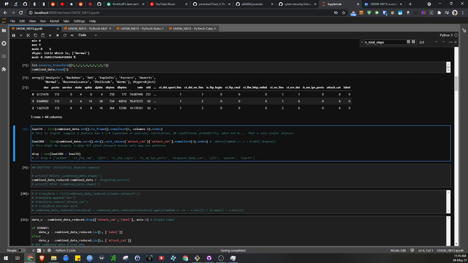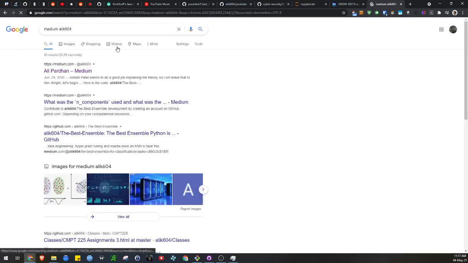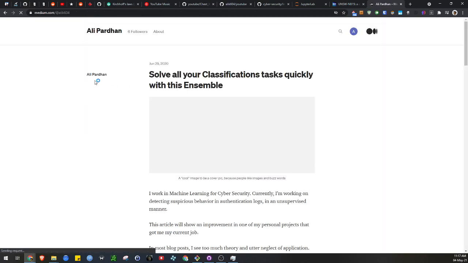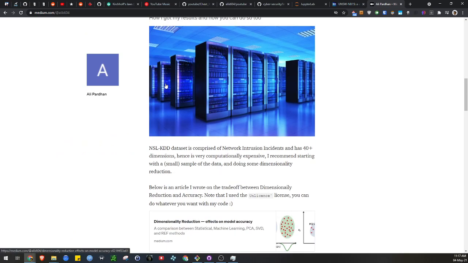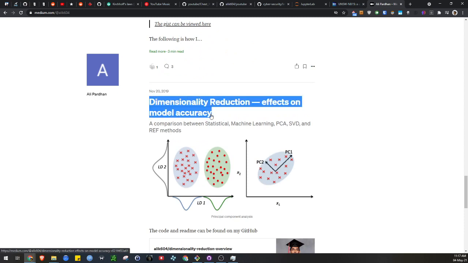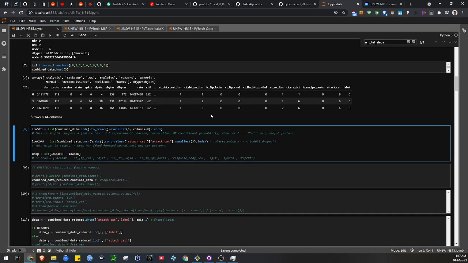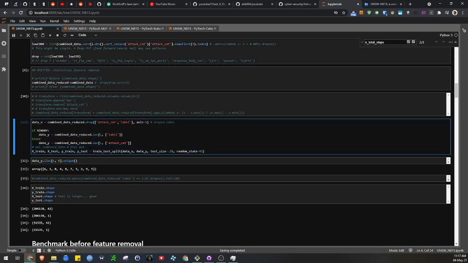I actually wrote a blog on this, so you can find it right here. It is exactly what I just mentioned. I actually went much deeper when discussing a different data set. Anyways, I just skipped that here because I find that there's no practical benefit to it other than computational cost. Over here, we're going to have our test set size be 20%,